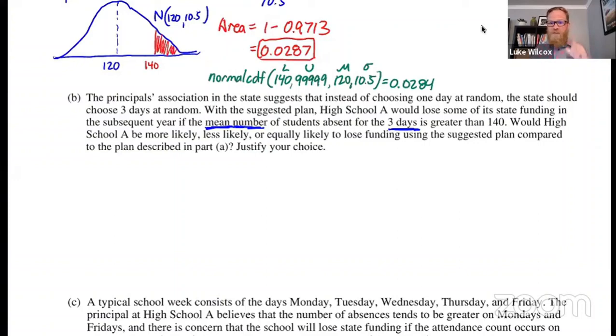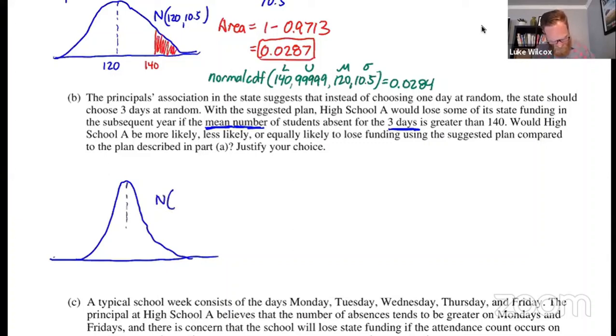So now instead of picking one day out of all the days, we're going to pick 3 of the days at random and find the average of those 3. So listen, this is a different distribution than the one that we drew above. This is now a sampling distribution of the sample mean. And we know that the sampling distribution should be less variable than the population distribution. So I'm going to draw it a little bit skinnier there, clearly identify it as normal,